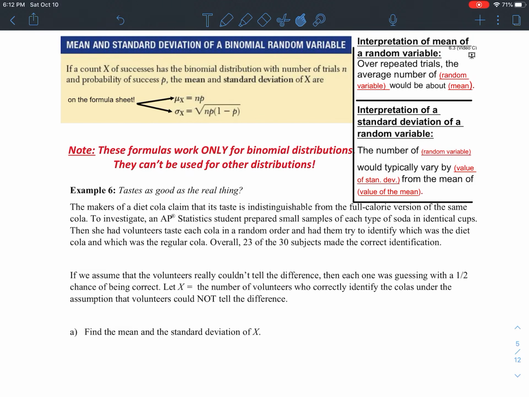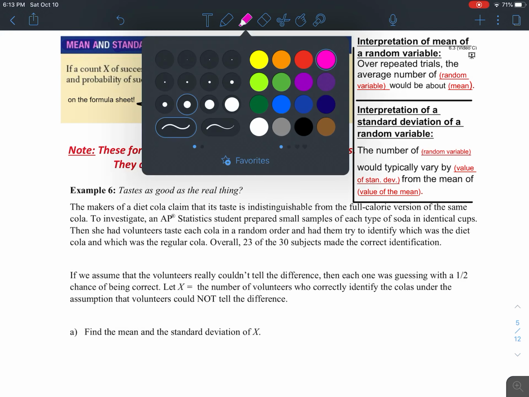All right, continuing with the third video here for section 6.3. We've been talking about binomial random variables, how to calculate the probabilities of binomial random variables. We're going to take a look here today at a couple of formulas that are actually on your formula sheet, and this is for how to calculate the mean and how to calculate the standard deviation of a binomial random